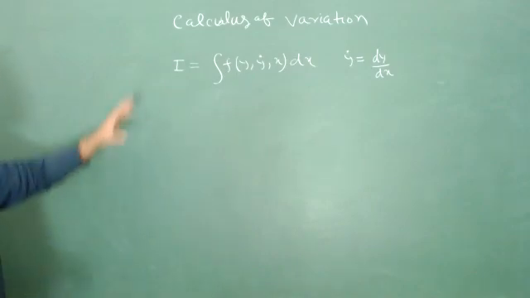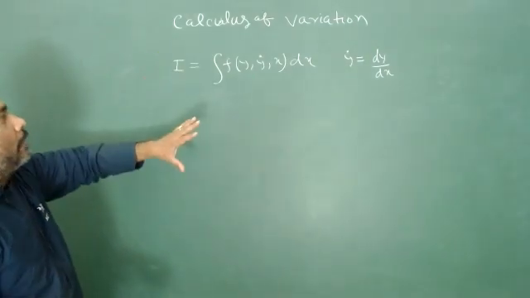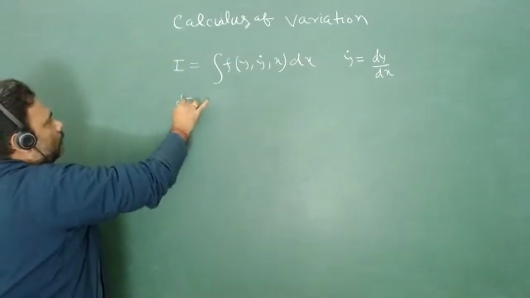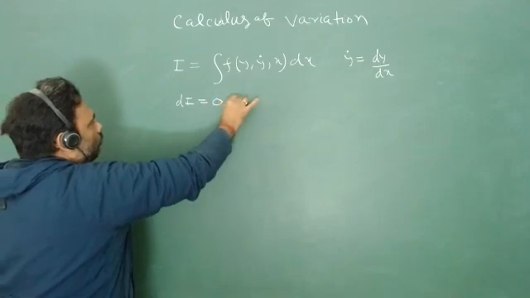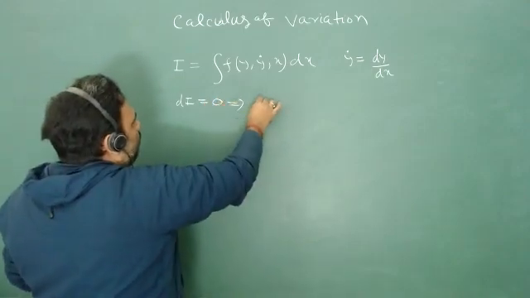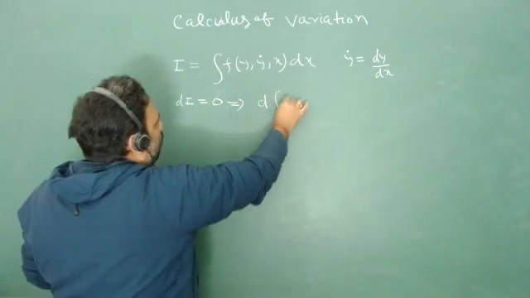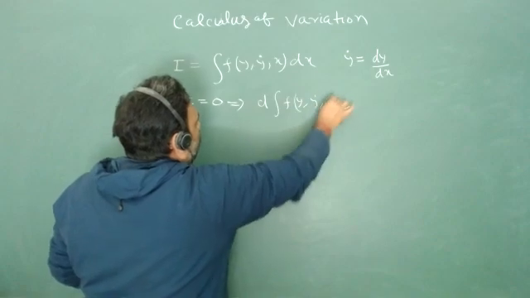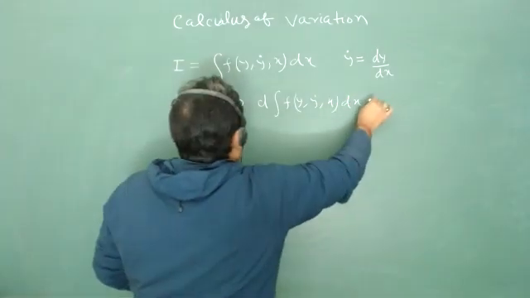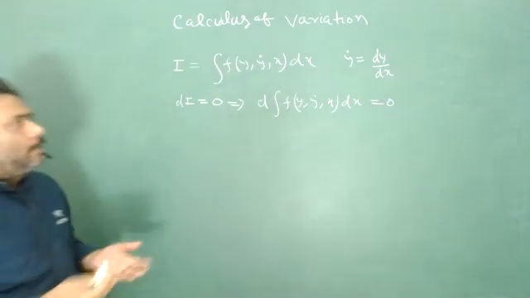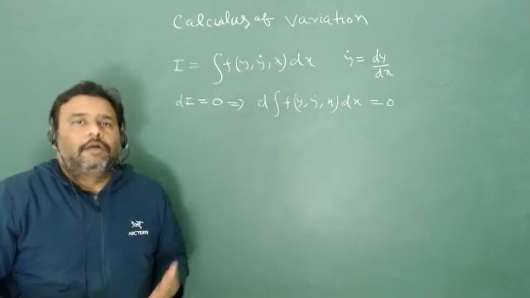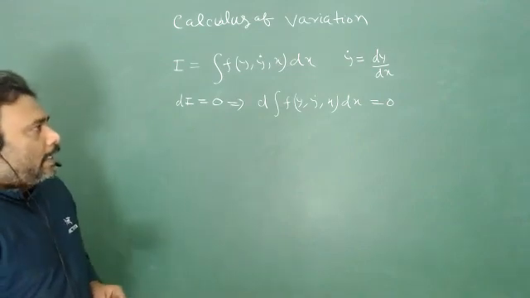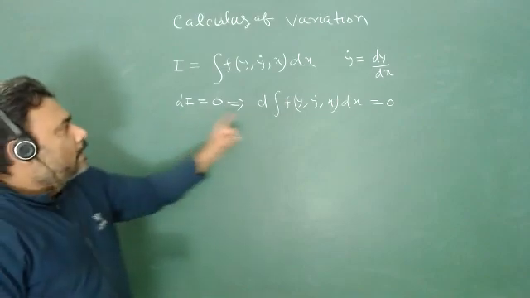Suppose this integral is extremum, then the first derivative dI must be equal to 0, which means that the first derivative of the integral of f(y dot, x) dx must be equal to 0. Extremum means we can talk about minima or maxima, both are possible. So the first derivative must be equal to 0. And if this condition holds,